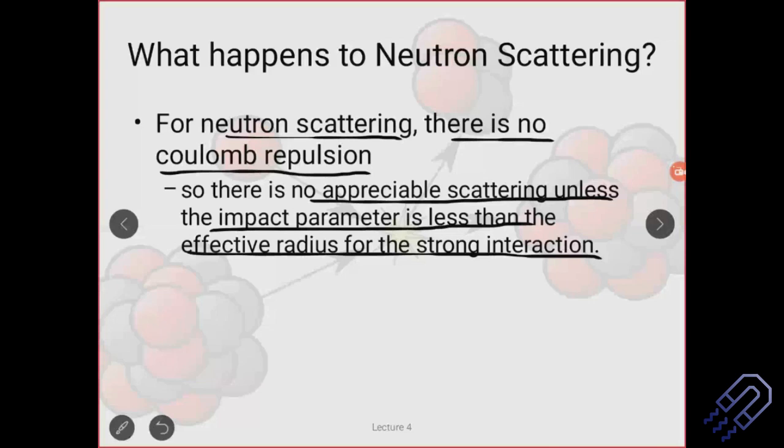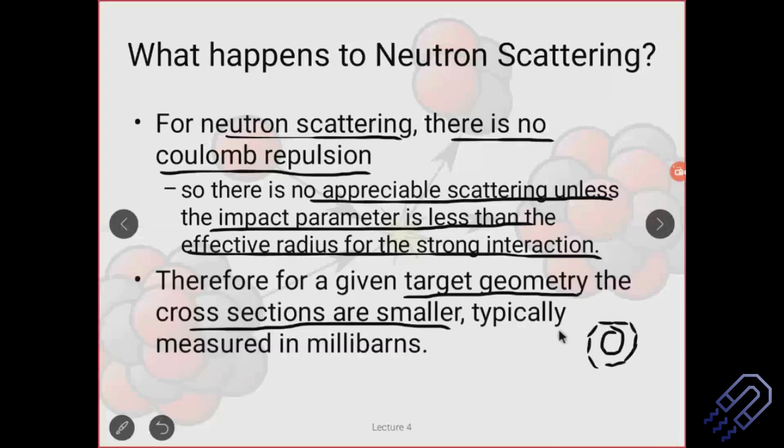That is important. And since the neutron cross section is much smaller, sometimes we also use the measurement of millibarns. I don't think we need to think much about this. This is a simple idea. Take barns, and if it is too small an area to consider, we can consider it in terms of millibarns. Just take it as 10 to the power minus 3.